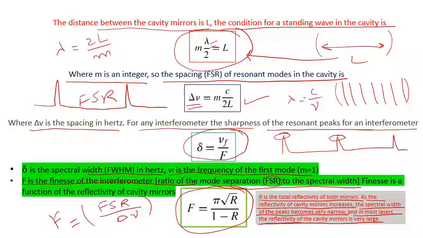Other than that, delta nu actually shows the spacing in hertz of the modes. Or for any interferometer, the sharpness of the resonant peaks for an interferometer we can find out like this. The sharpness of the resonant peaks, with this formula where F is the fineness. Fineness is the ratio of the mode separation,